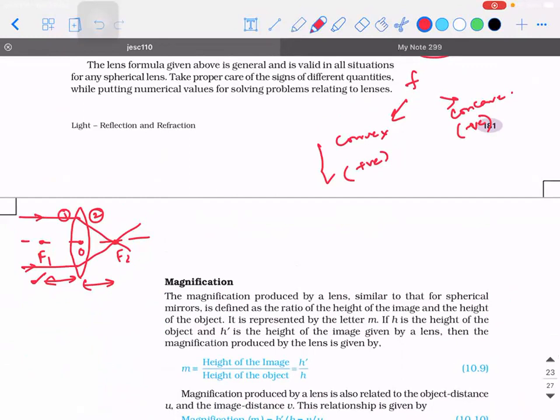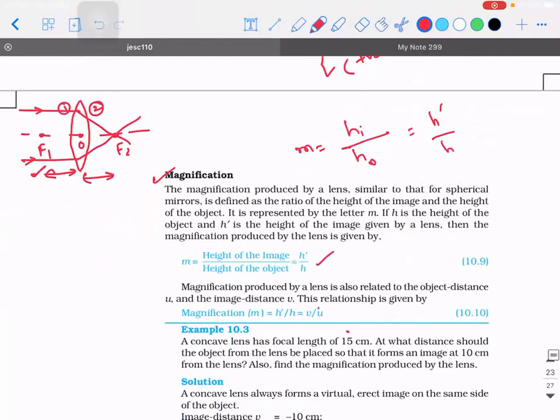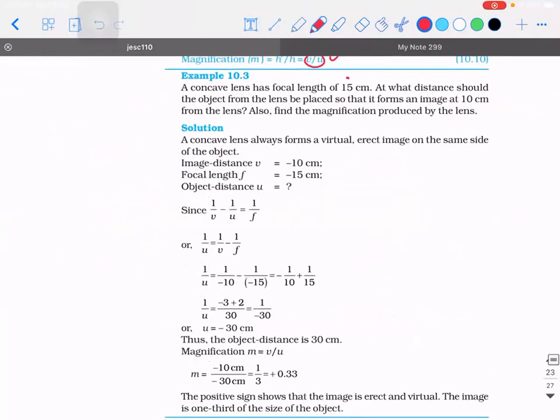So we have seen what is the lens formula. Now next is magnification. So what is going to be the magnification of a lens? That also you people told me. By default, the definition of magnification is the ratio of size of the image to the size of the object. Your textbook writes it as h dash divided by h. And in terms of image distance and object distance, it is given as v divided by u. Clear? So this is what magnification speaks about.